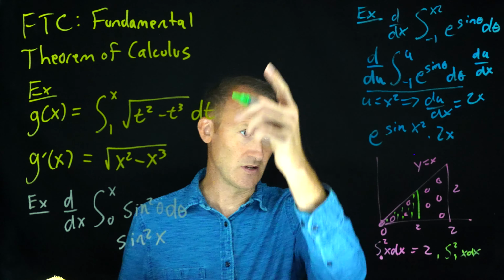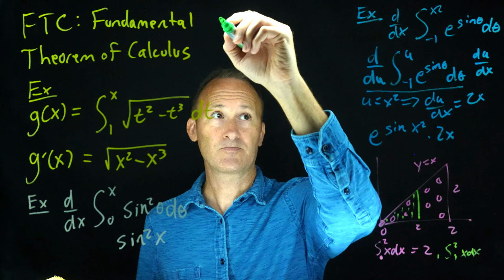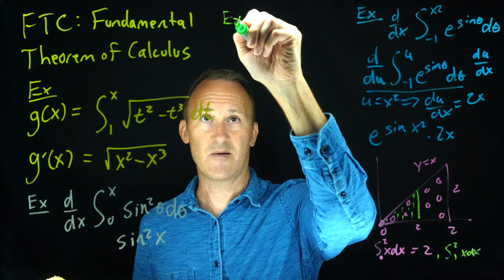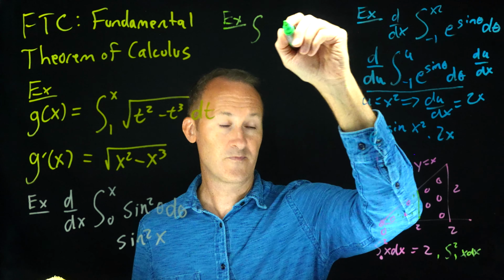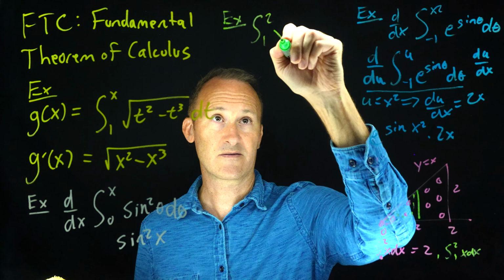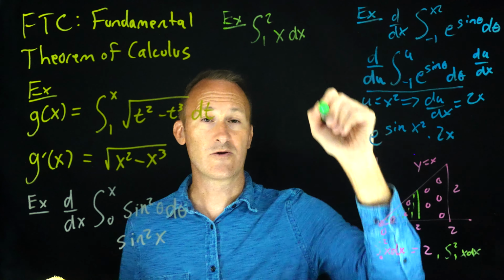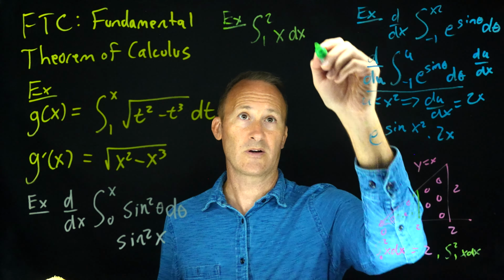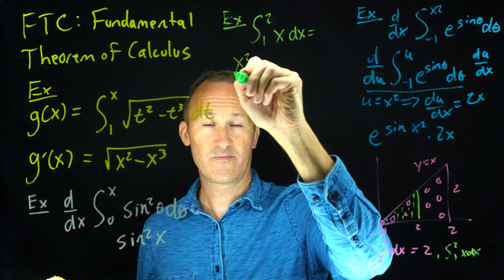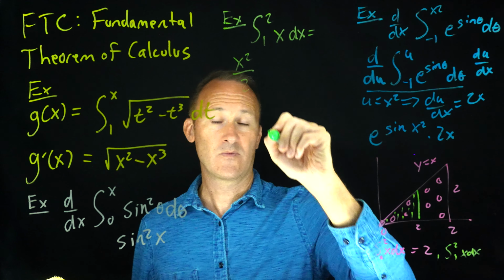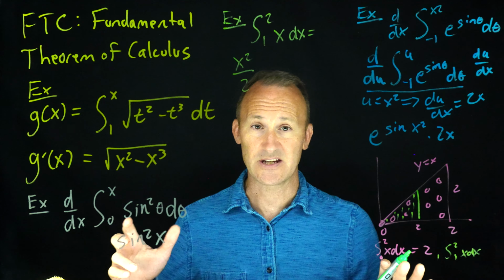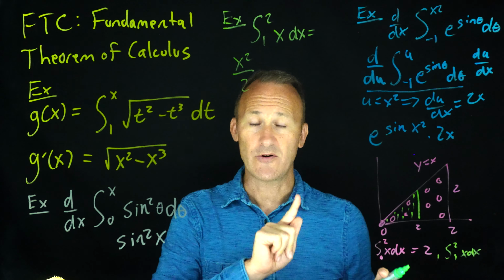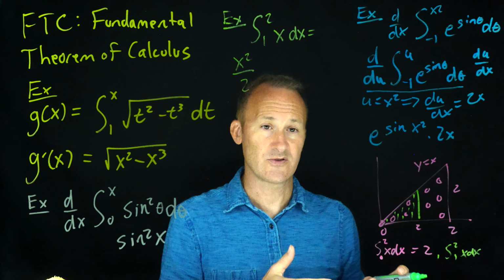So what that tells us, let's continue this one up here. So if we take as an example the integral from 1 to 2 of x dx, we do the following, okay? We take the antiderivative, which is x squared over 2. Now, in all of these cases, note, you don't need a plus c. In this one, it was a cancellation. You don't actually use a plus c in this one because what you do is you basically